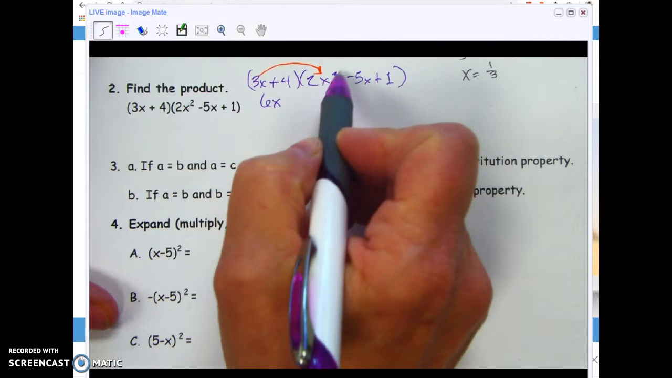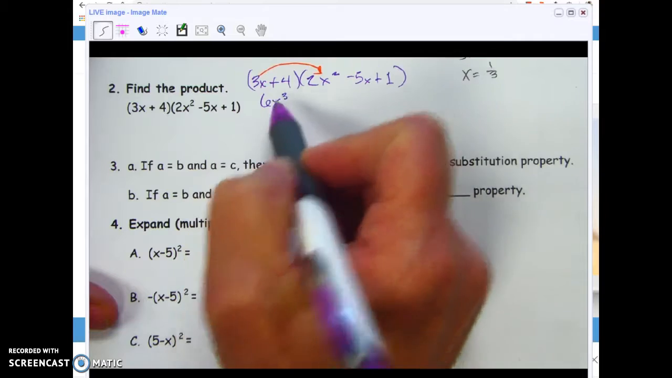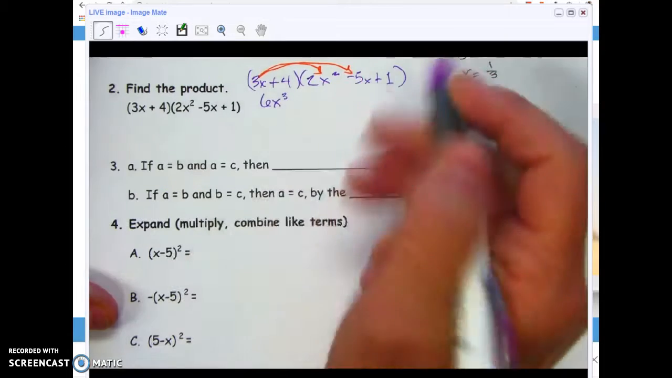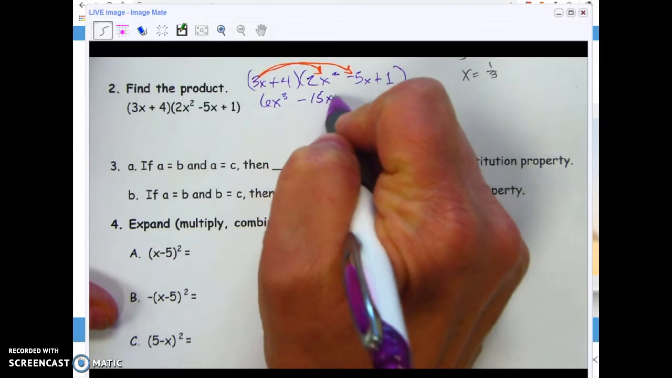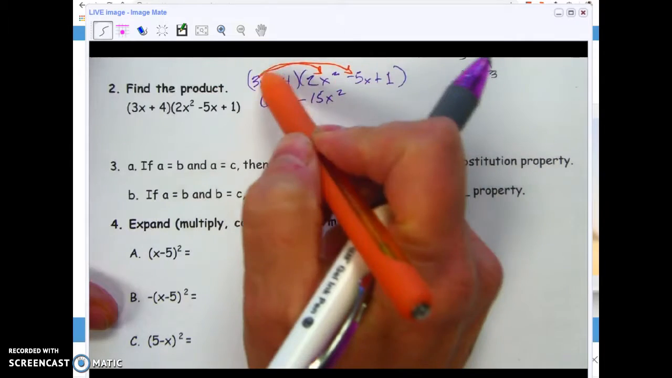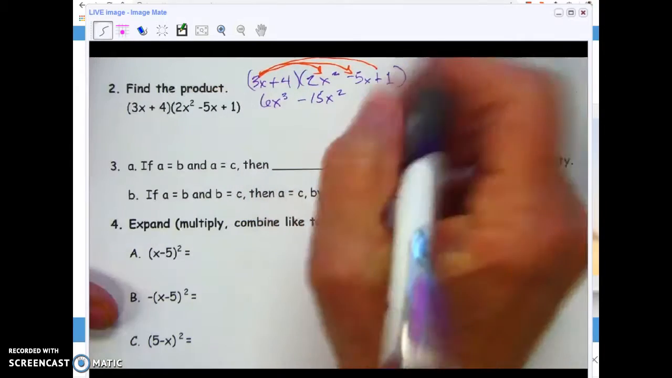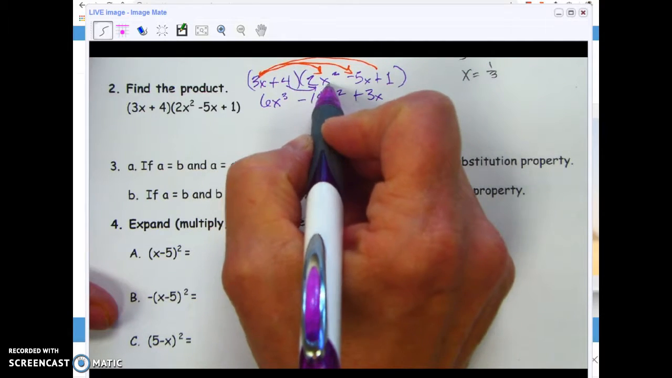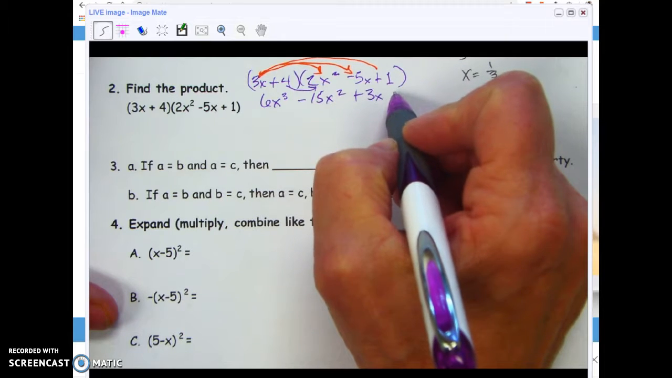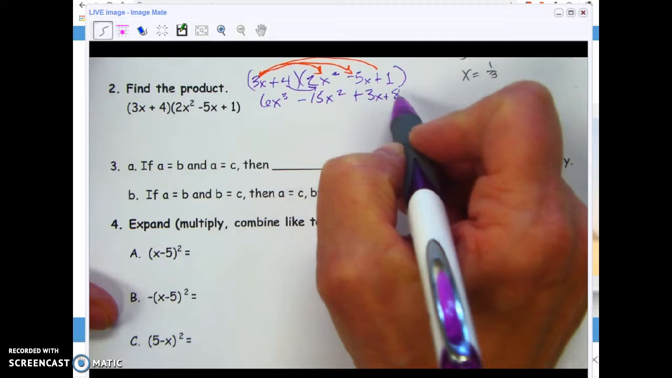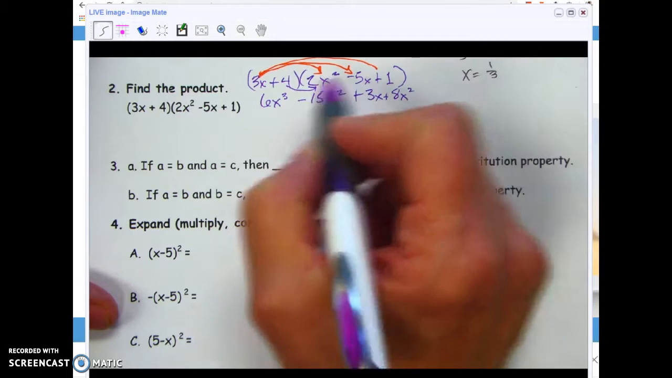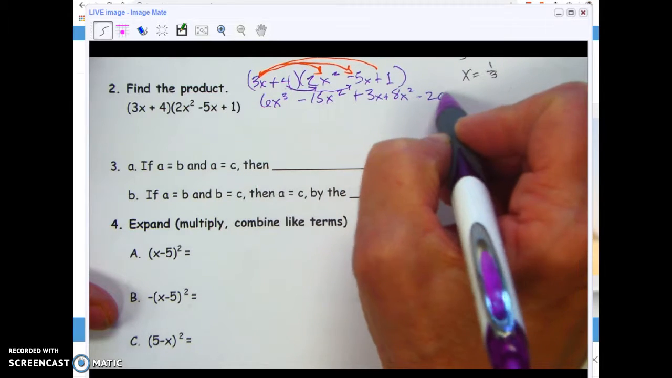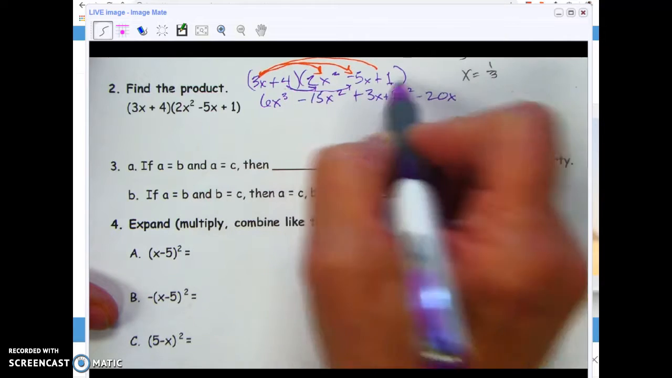There's one x there. There's two of them here. So it's 6x to the third. Then 3x times negative 5x. That's going to give me negative 15x squared. Then 3x times 1 is plus 3x. And then 4x times 2x squared will give me plus 8x squared, and then 4 times negative 5 will give me minus 20x, and then 4 times 1